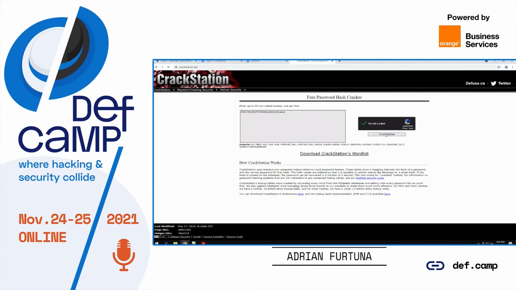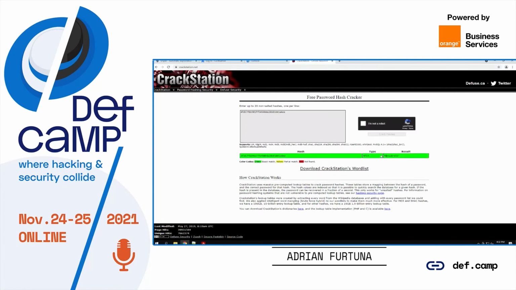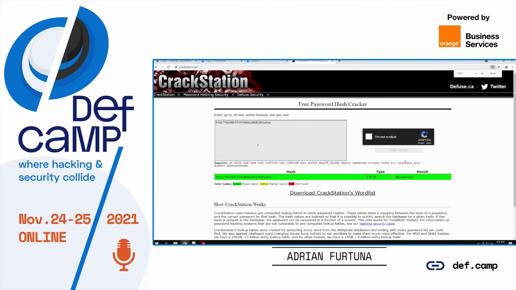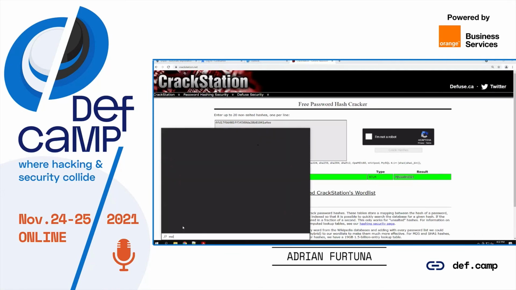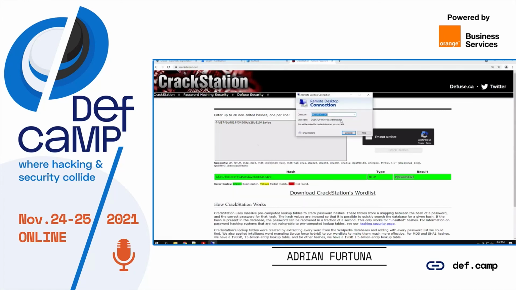Let's try to crack it, and we can see we have obtained the clear text password of this user. So we managed to crack the hash, and with this, let's see if we can actually connect to the target and gain access to it.